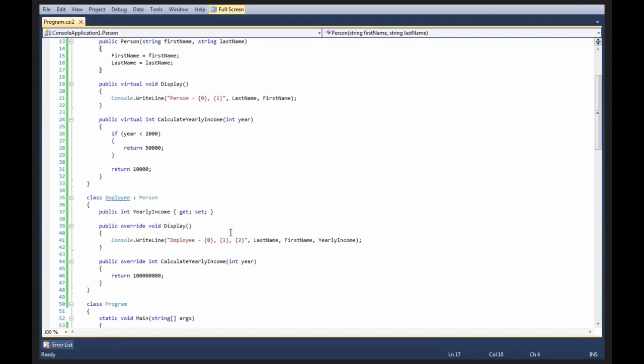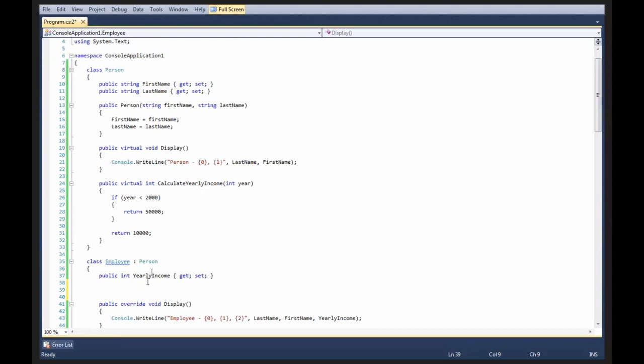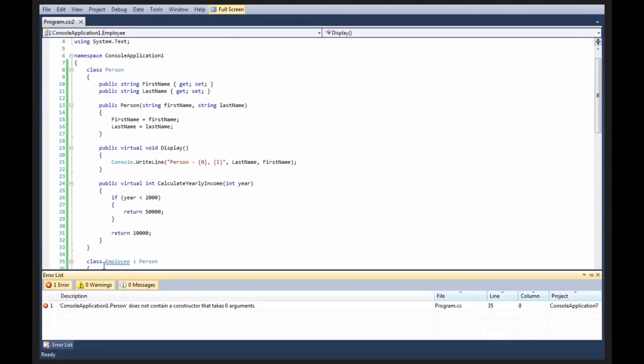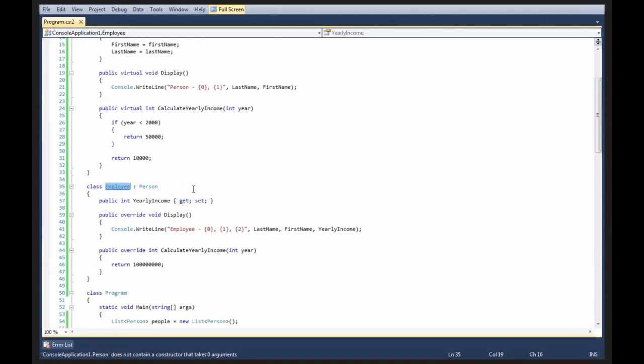So what we have to do is create a constructor on an employee that in some way invokes a valid constructor on person. Now you'll notice the error we get is a little funky looking. It says console application 1.person does not contain a constructor that takes 0 arguments. What's happening here is that, because we have not specified a constructor on employee, the default constructor on employee that the C# compiler generates for us